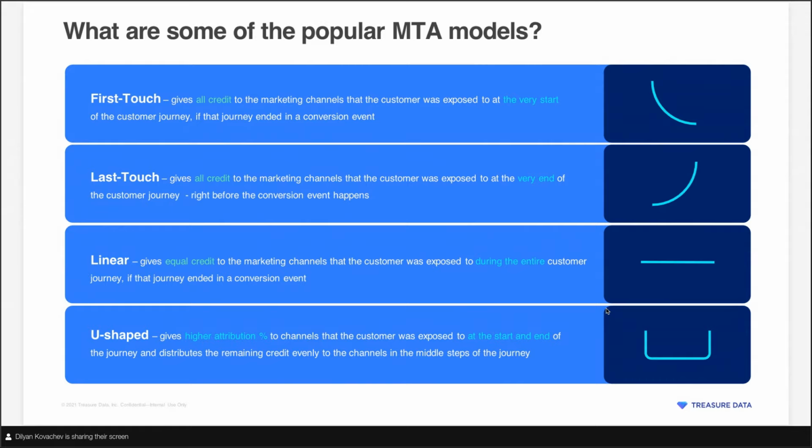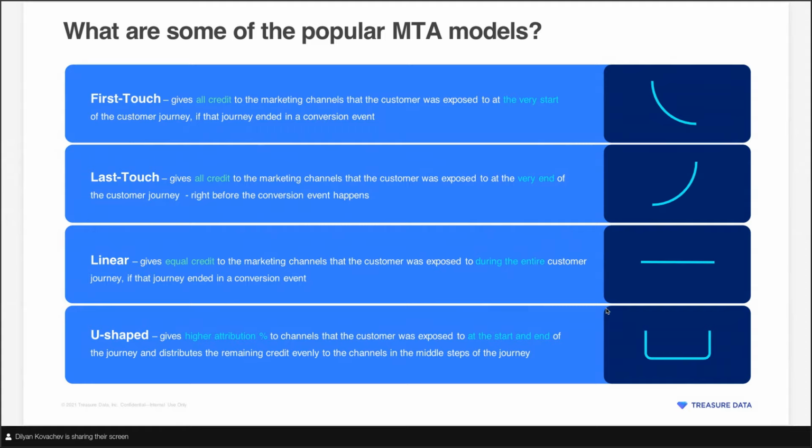And so first of all, you want to define how long a customer journey is, an average journey. So that will determine your look back window. So let's say you're saying that from the first touch point to the form fill, on average, it takes about 7 days. So that might be your look back window. And day 1 will be the beginning of the journey. Day 7 would be the end of the journey. And then you want to track what kind of marketing channels the user was exposed to during that.